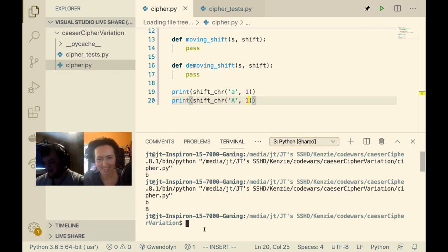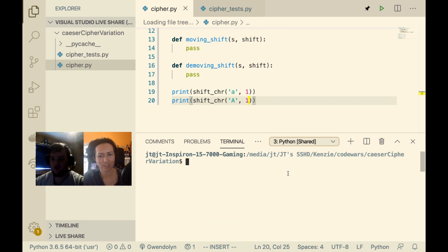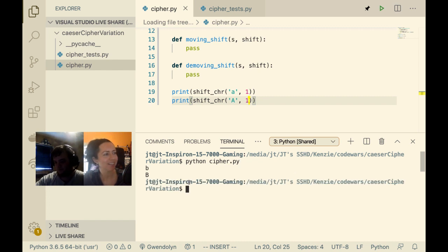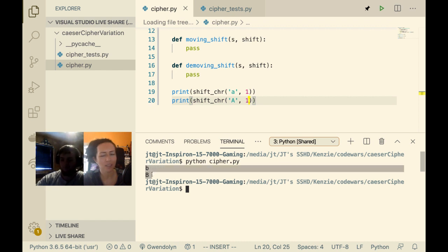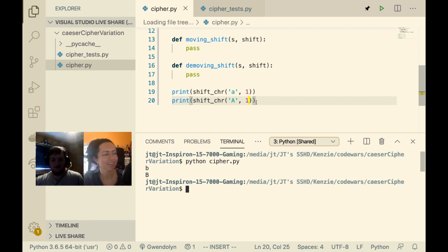Okay, so we're actually in the same terminal right now. I'm pretty sure, because when you cleared it, it just cleared mine too. It says it's a shared terminal. This is pretty awesome, really neat. A little marketing for VS Code's extension here. All right, so you want me to run this file? Python Cipher.py. Sweet, it shifted. Does everyone see that? We got our lowercase b and an uppercase B, because they both shifted by 1.